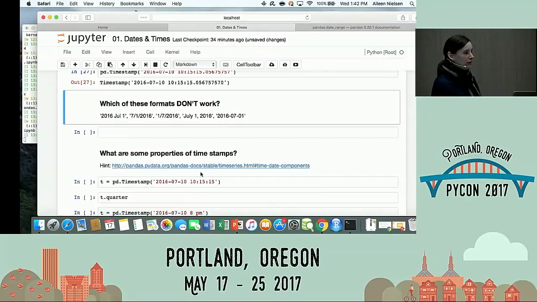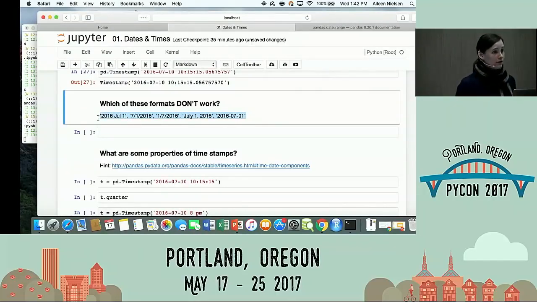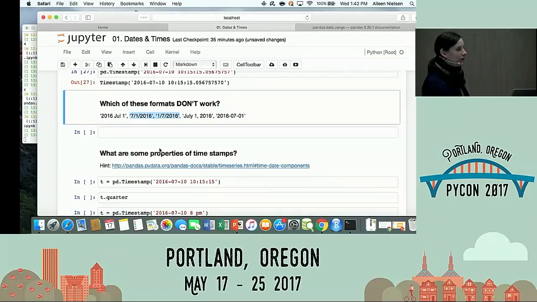Okay, now I don't know if we've got any non-Americans in the room. Maybe? Okay, so you will be especially interested in what's going on with these strings here. Pandas is very forgiving: you can pass it all sorts of things that feel intuitive to a human, talking about the day, and it will process them. But is it going to do it in the weirdo American way, or the non-American way, the rest of the world way? In particular, I'm looking at these. So go ahead and experiment if you have the notebook open and tell me: is Pandas universal, or is it this snarky American format?